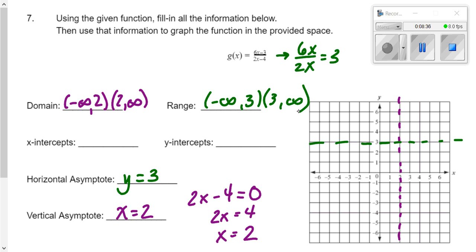Then, as I mentioned on the last question, if I want a y-intercept, I let x equal 0. If I want an x-intercept, I let y equal 0. So here, if I were to plug in 0, I would get -3 over -4, which is -3/4. And that point is right here. If I have 0 for y,